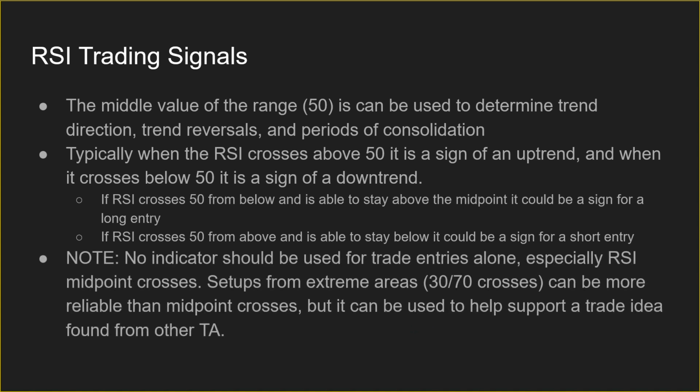Now note, no indicator should be used for trade entries alone, especially RSI midpoint crosses. Setups from extreme areas, the 30 or the 70 crosses, can be considered more reliable than midpoint crosses, but these 50 crosses can be used to help support a trade idea found from other technical analysis, right? If you're basing a trade idea on market structure, you're seeing a failure to produce a higher high, or maybe ascending lower highs,